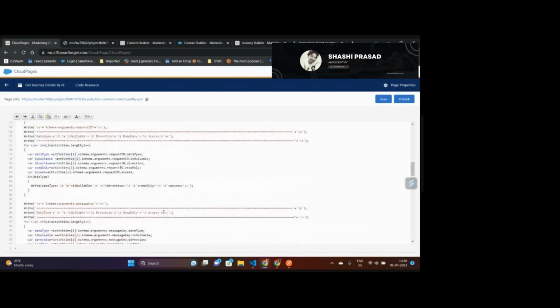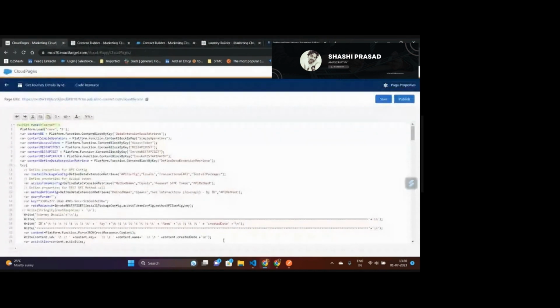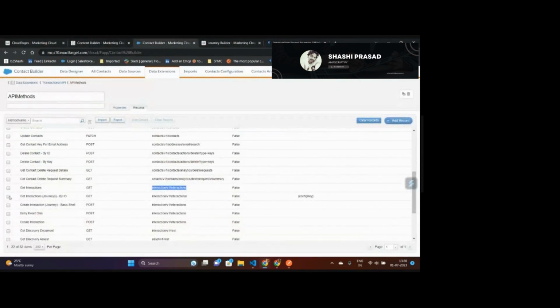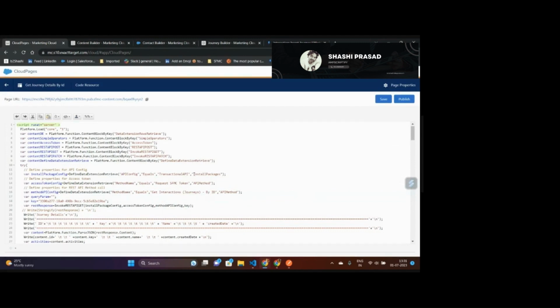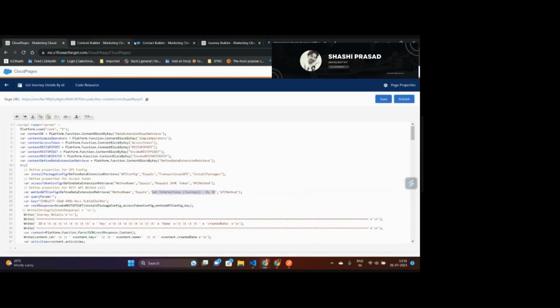This code is a little complex in nature, but why I've written this is to make people understand what I'm doing. So from all these journeys, I'm trying to fetch only one journey. Now I'm going to the second one, get interactions journey by ID. So I have a config key. The same code that I used in the previous one, only thing I'm changing is this particular line of code, which is basically this primary key to retrieve this particular row. So I'm using get interactions journey by ID here,